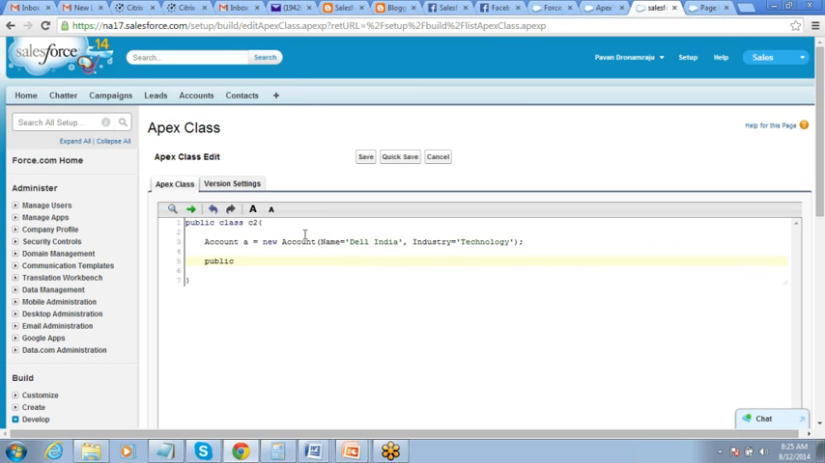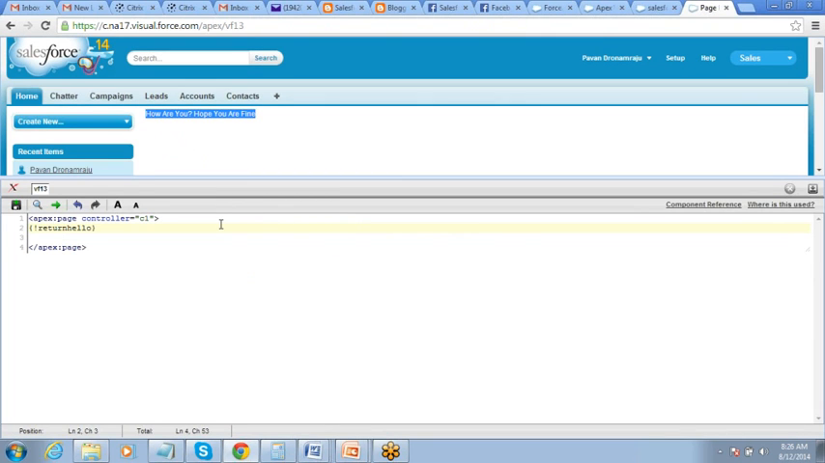Then you define a method for it. What will be the return type? Account. Fine, so what I've done here, I've defined an sObject, and in that sObject, it's a new account, and I've defined two values. I've given values to two of the fields of the account, right? Now on your Visualforce page,